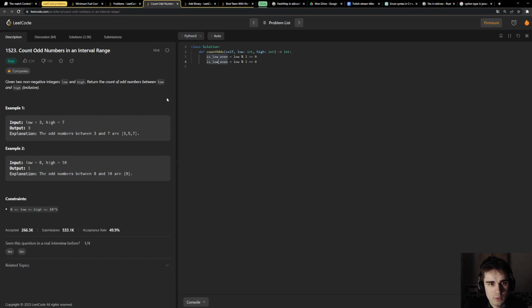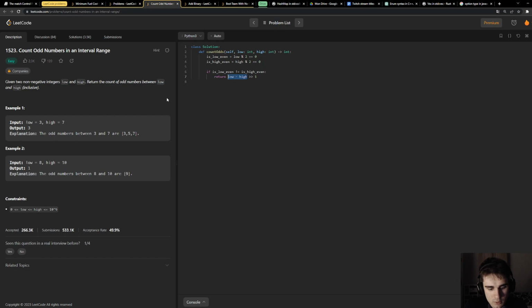So have two variables to determine if low and high are even integers or not. So what we can now do is, if is low even is different than is high even, we return high minus low divided by 2.